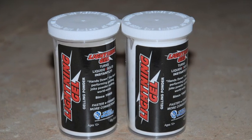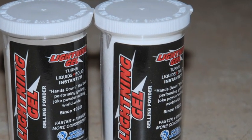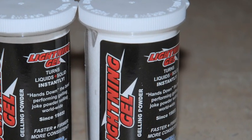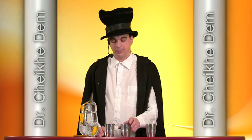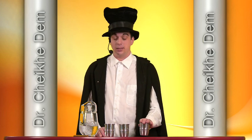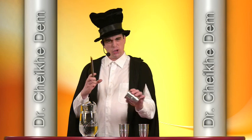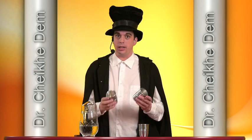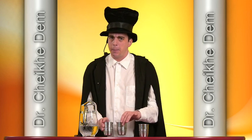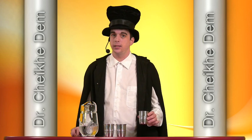To prepare, you put 1 tablespoon of the superabsorbent polymer in one of the cups. A commercial product called slush powder or lightning gel should do the job. You start by showing the 3 cups. The chemical is in the cup on the right. You then use your magic wand to show how strong the bottom of the cup is. You can show the inside of the 2 cups on the left, but for the cup on the right with the chemical, make sure you hide the inside. You can do it